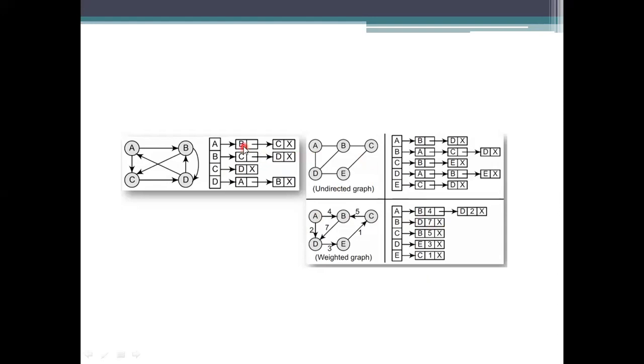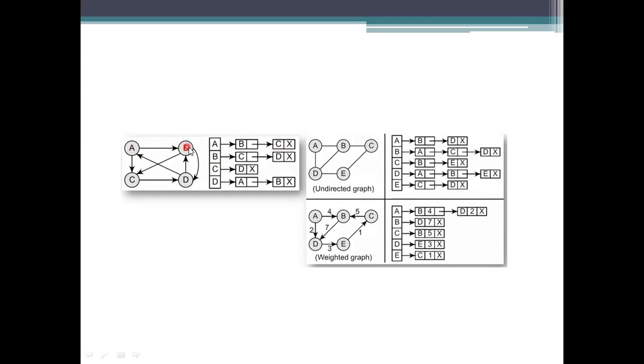The first part is the data part, which consists of the name of the vertex which is connected to that one, and the pointer if there is a next node. If not, we are taking this one as a null here. If you see, the null has been specified as an X. So in this diagrammatical representation, A is the node which is having two outlinks, for B and C. There is no other link, and we need to specify it as a null here.